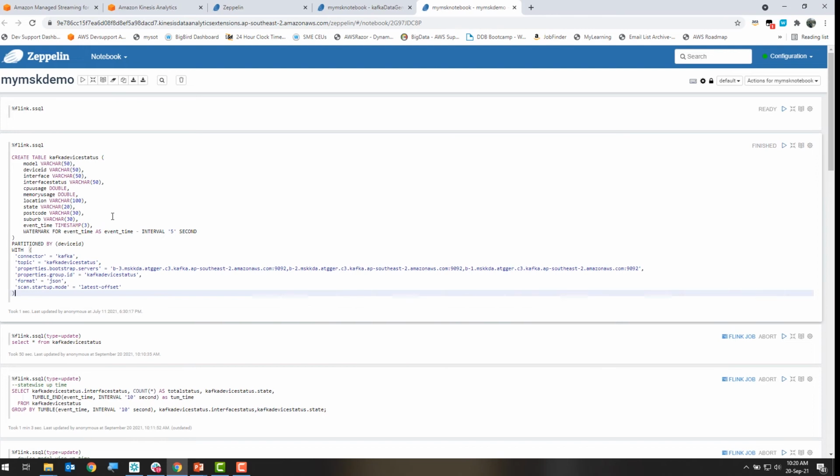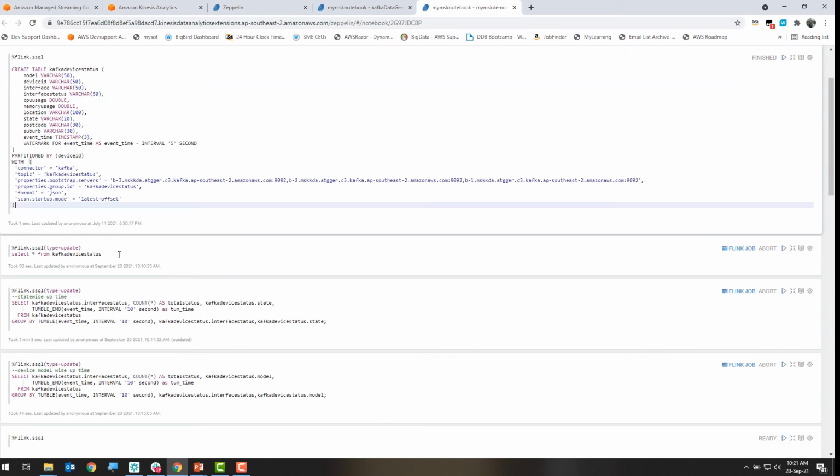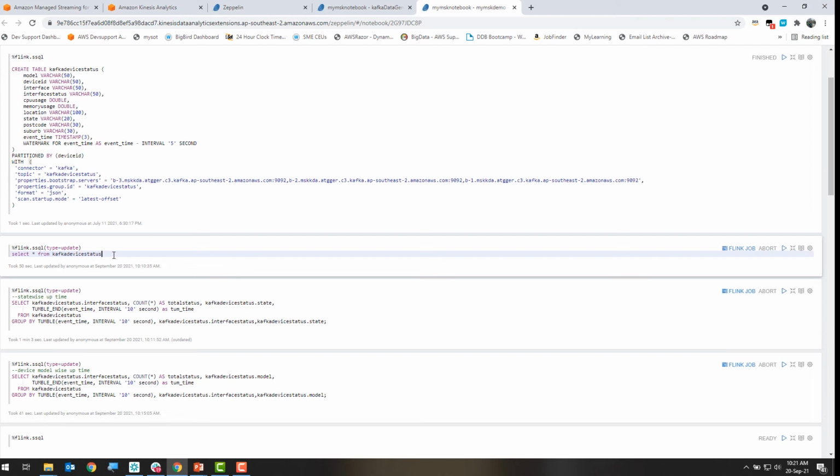The way you create a table in Flink is kind of the same way you would create a table in a relational database, with some additional settings. For example, you're going to specify the connector, what type of connector it is. If it is Kafka, you will specify the topic name, your broker detail, and also the data format, let's say. I've already created the table, so it means I should be able to start reading data on that table, right?